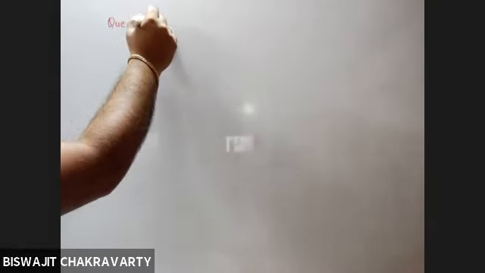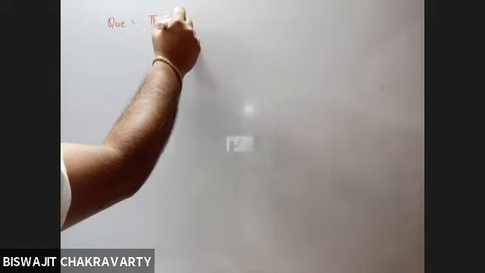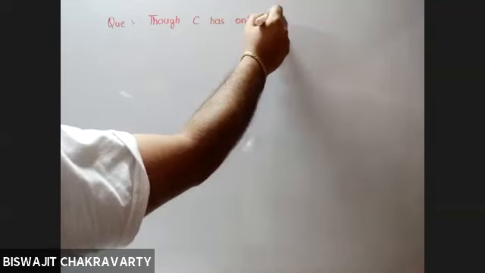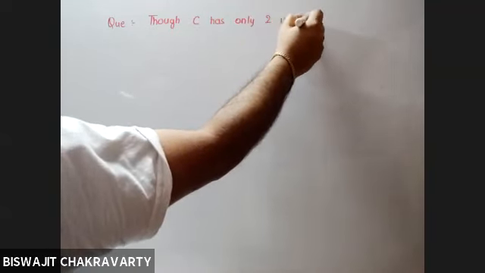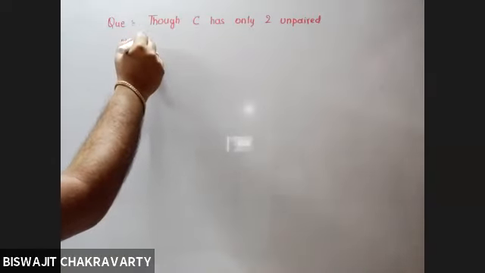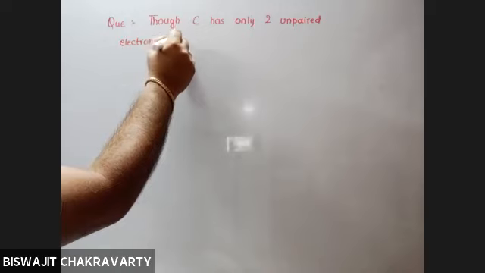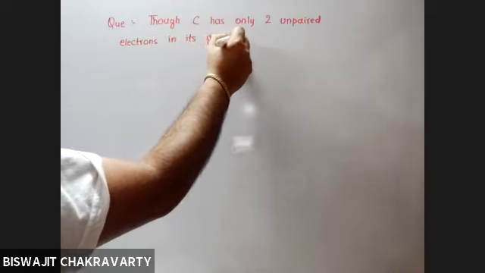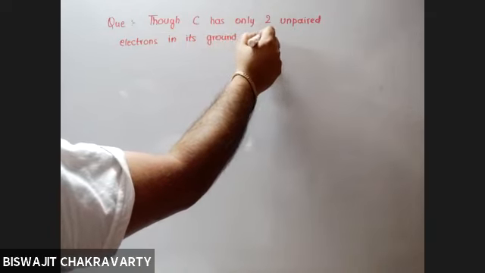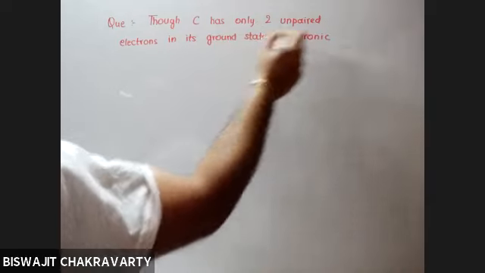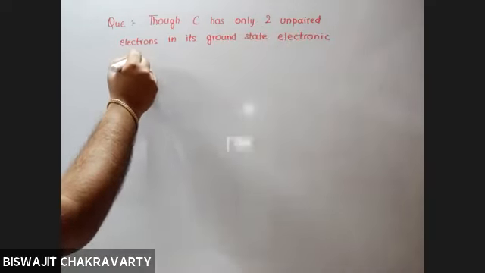So write the question: though carbon has only 2 unpaired electrons in its ground state electronic configuration,